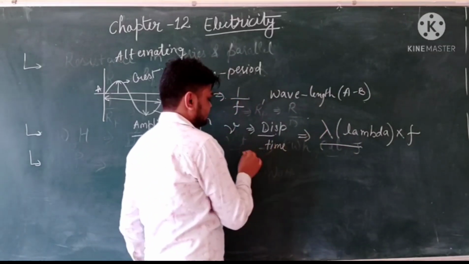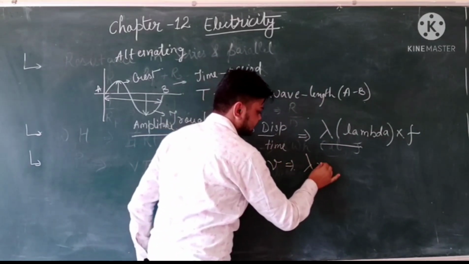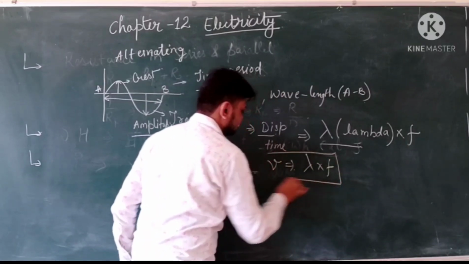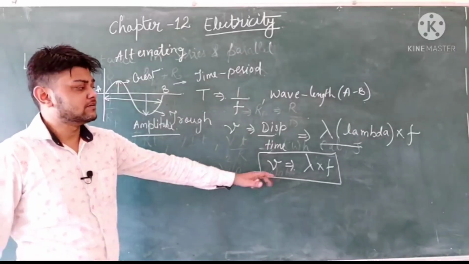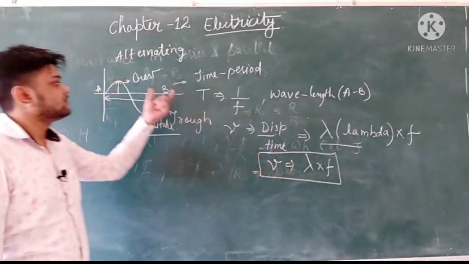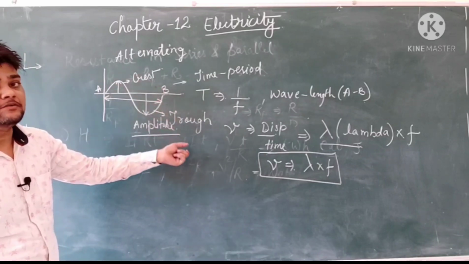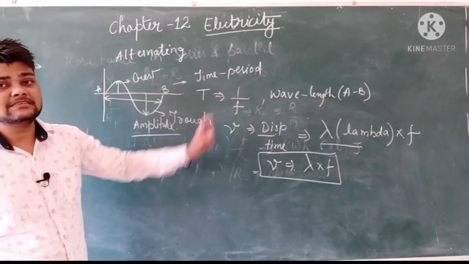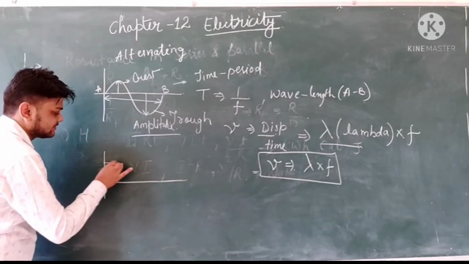So this is my equation. In short form, I can represent it as lambda into f. This is the wave equation which governs the frequency and the maximum amplitude of a particular wave. Alternating current always varies in a periodic manner, whereas direct current is simply represented by